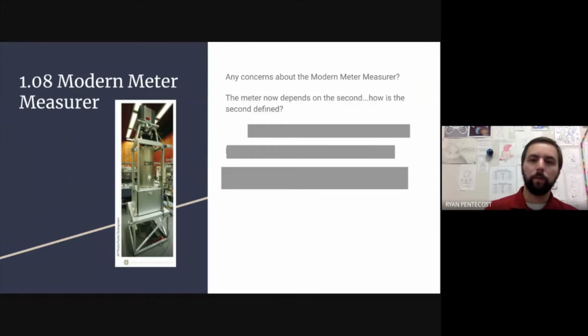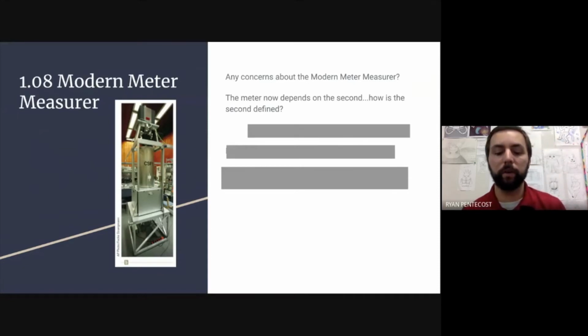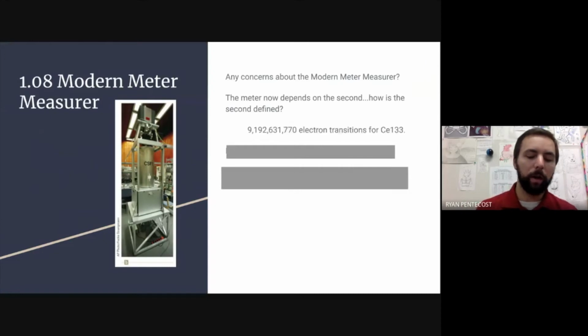So the meter now depends on the second, but how is the second defined? So the second has a very, very specific definition. If you measure and study a cesium-133 atom, it is the time it takes for an electron to make a transition from the one stage to the other,